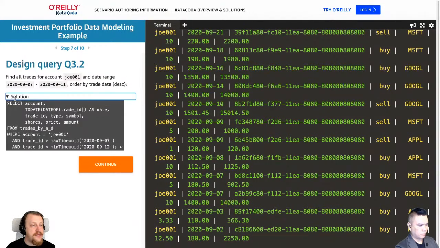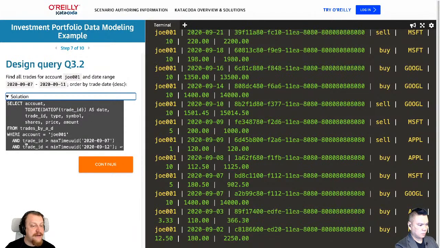And other queries are mostly probably going to look the same. The only point I would mention, first, you remember I told you that trade ID is going to be time UUID. So that's how we do operations with time UUID. If I want to show you the date, I'm taking trade ID, getting the date out of the time UUID, and converting it to a date to show the user. So that's very easy to use time UUID to show the date.